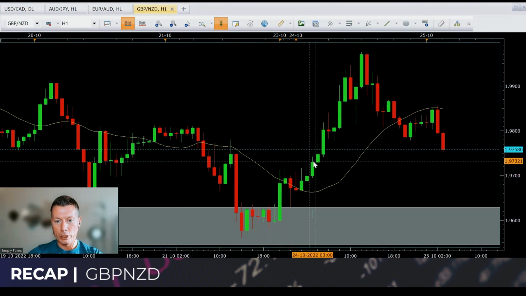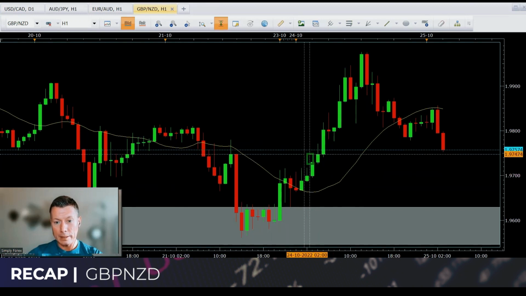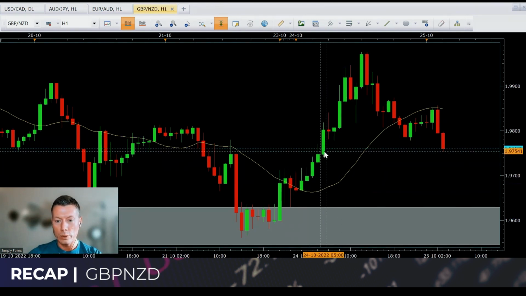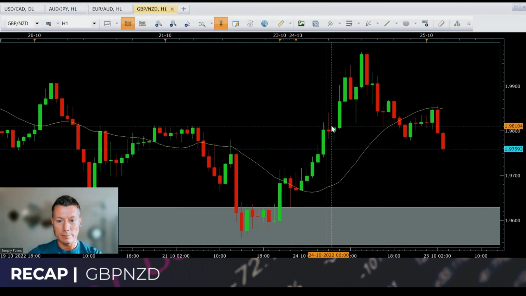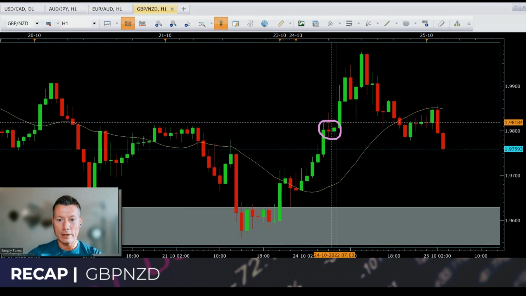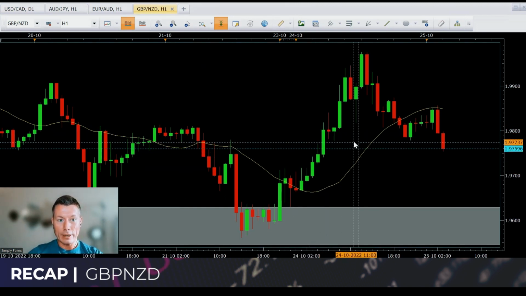All right, guys. I mean, we could have got in on this candle as well, arguably, because it broke these highs. So when this candle breaks these highs, we could take price higher again. But again, guys, I couldn't get in on this pair. I was devastated. I couldn't get in on Euro Aussie dollar, couldn't get in on pound New Zealand dollar, and these were the trades that just flew. Again, because I don't start looking at the markets till around here. And if I did enter on this candle, for example, my risk to reward doesn't make sense. All right, guys, but the direction was good.